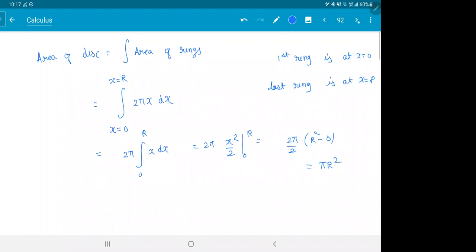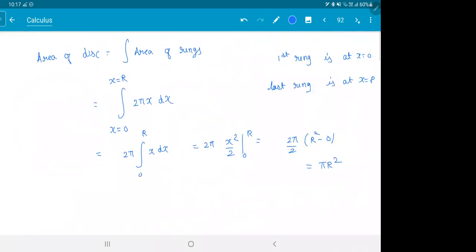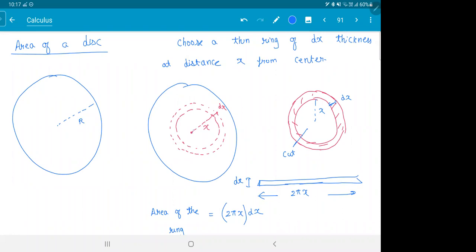Kind of looks like, okay, we need to do so much just to find pi r square, but we will see later on, there are many applications of this. Check it out. So the main idea is you can cut a small piece from something and then you can add them up to get the areas. This is how applications will be. They're not difficult. The integration is quite easy, but getting the problem till there was the headache.